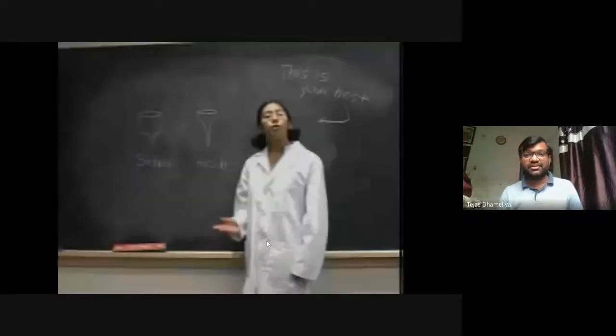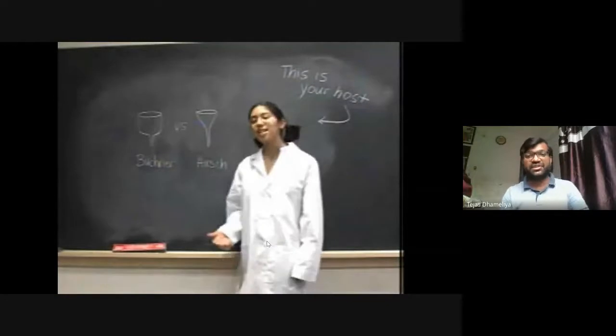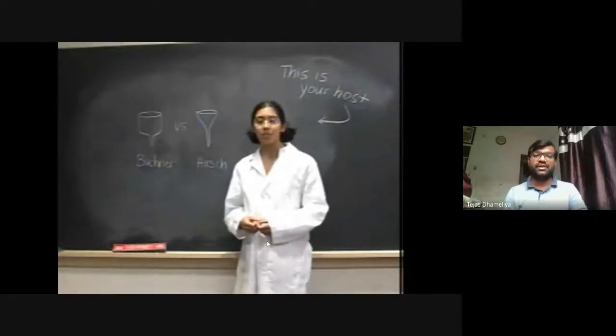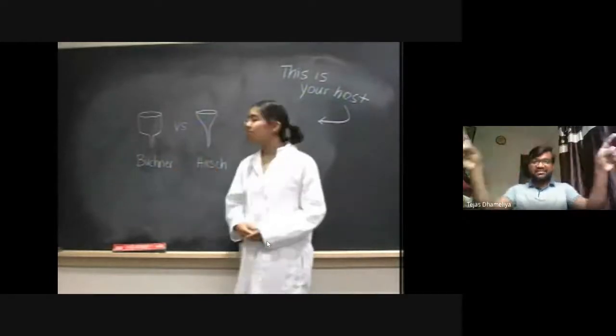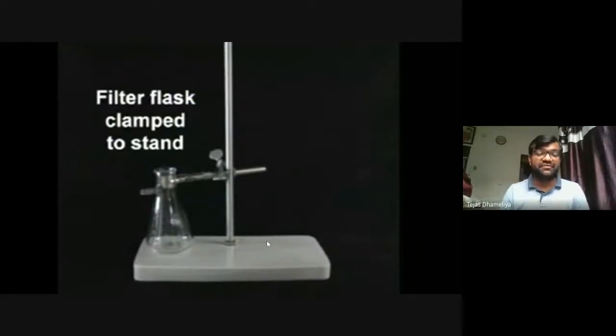They are a little bit confused about how to do vacuum filtration, so that is what was shown. Vacuum filtration is shown with a Buchner funnel, and some other Hirsch funnels. In vacuum filtration, generally we use a Buchner funnel, which has a wide mouth and a wide capacity, where we use clamps. These filter flasks are clamped on a particular stand. There will be a vacuum pump.